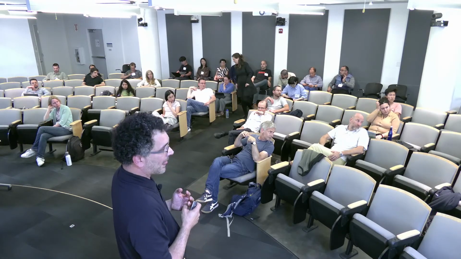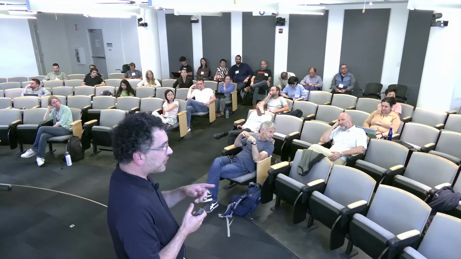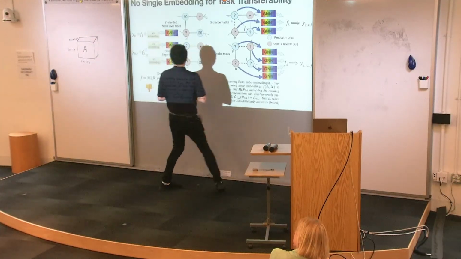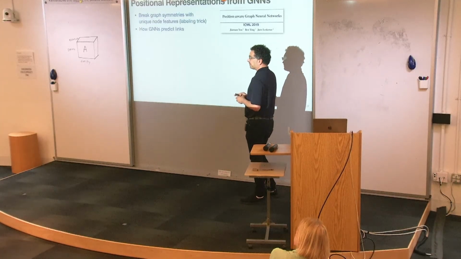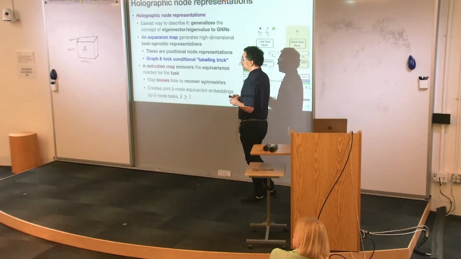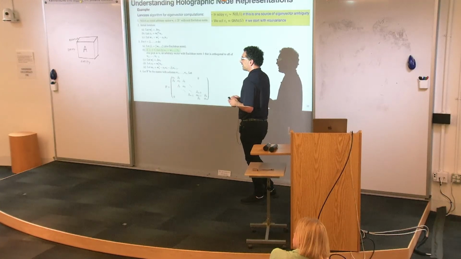So for this movie recommendation test, do you also compare to methods which are not graph neural networks? Maybe I just missed it. It's difficult because a lot of the non-graph neural network methods are positional, and then they will not do well on node tasks, because node really requires equivariances.